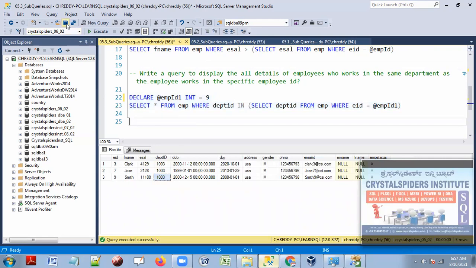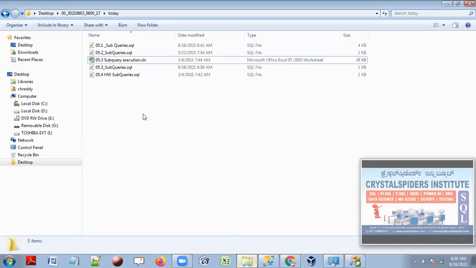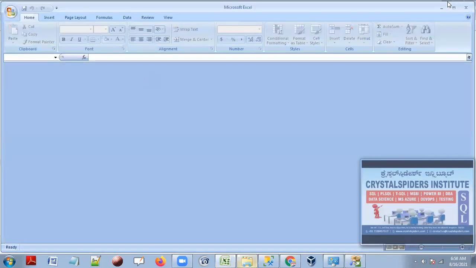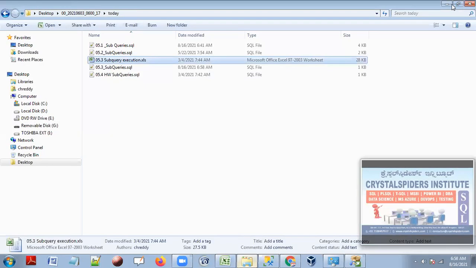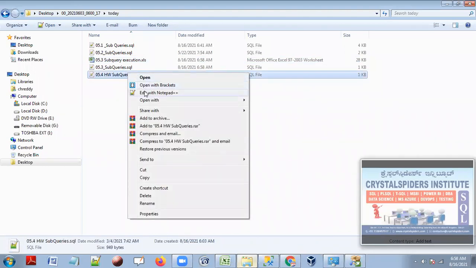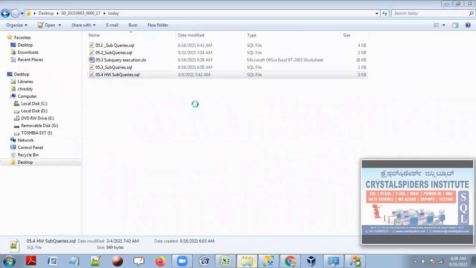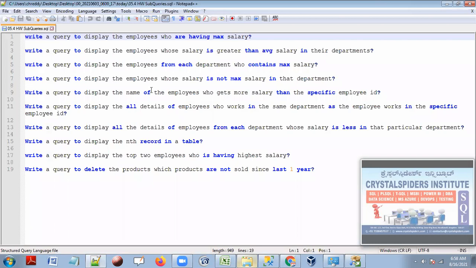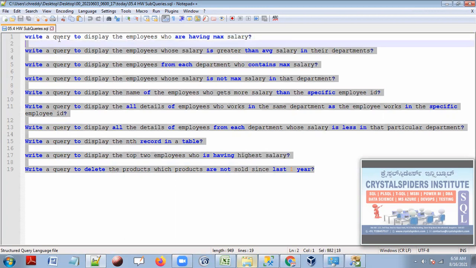So this is what we have as practice here, and we have some homework as well on these SQL queries. Let's see this. Sorry, not that one. Yeah, here it is. So let's try to practice this homework, and there are subqueries. Here it is. This is all the homework. So go ahead and try to write this homework. Similar queries only, there is nothing much complicated. I want you to start writing these queries.